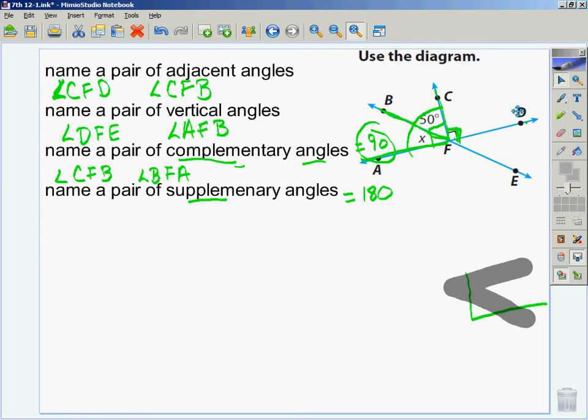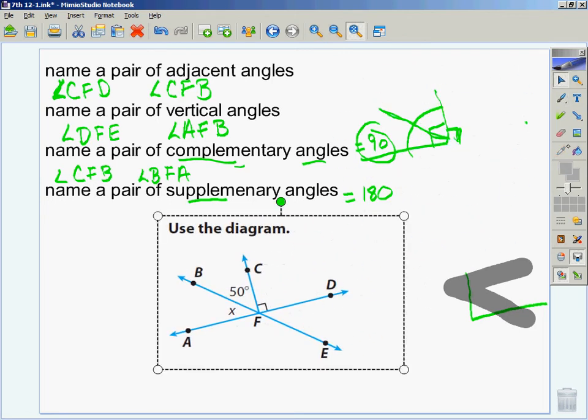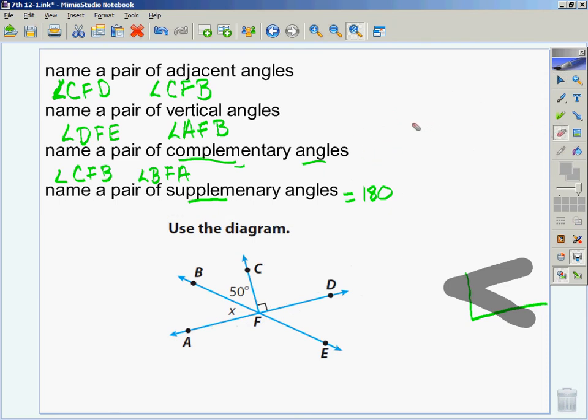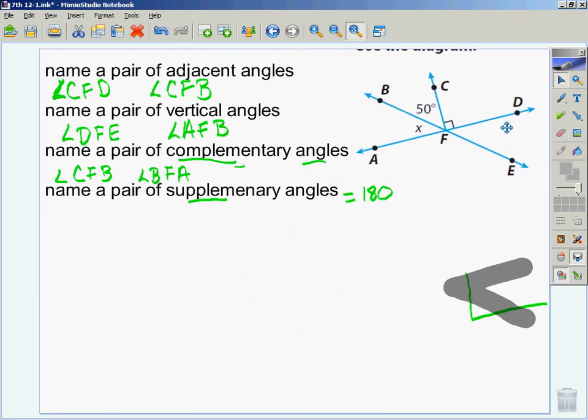So, with that being said, if I'm looking at my picture, if I pick this angle, AFE,